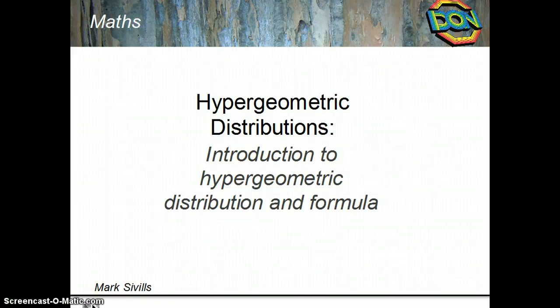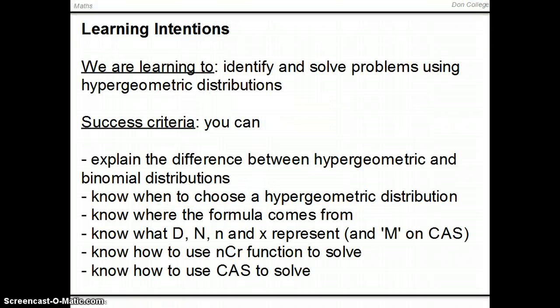Hi, this video is on hypergeometric distributions. It's an introduction to the hypergeometric distribution and the formula. So we're learning to identify and solve problems using hypergeometric distributions, and hopefully at the end of this video you'll